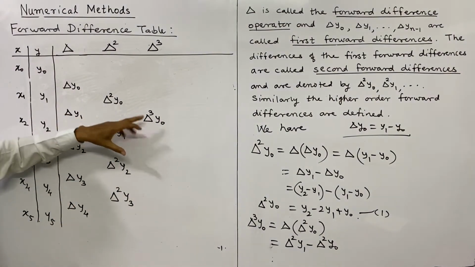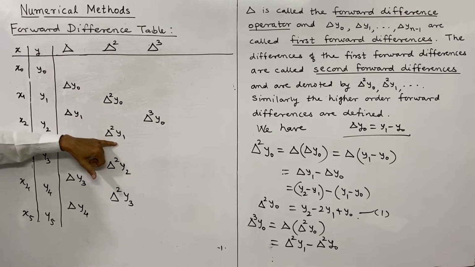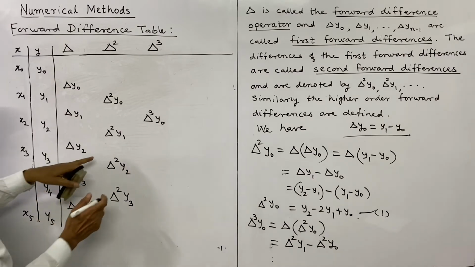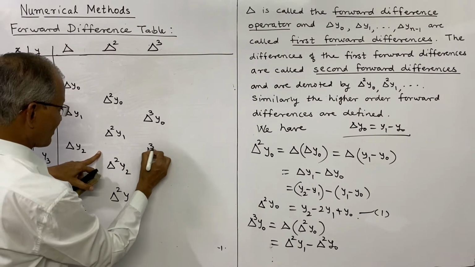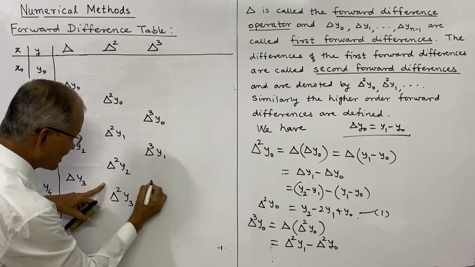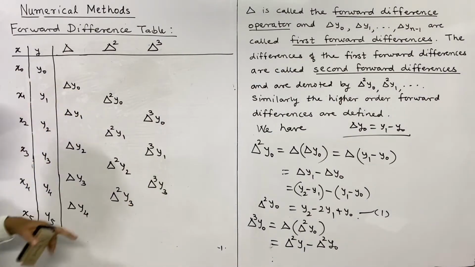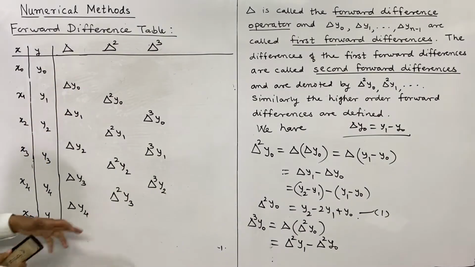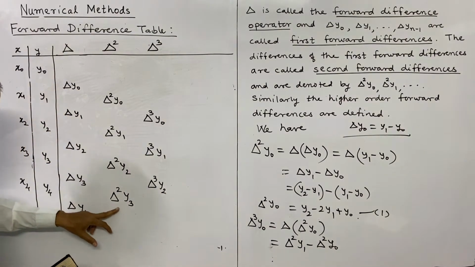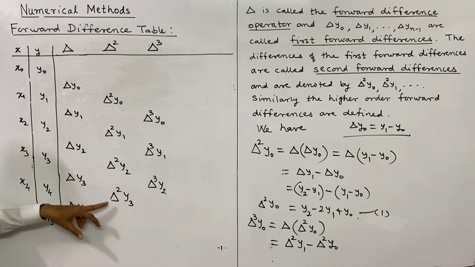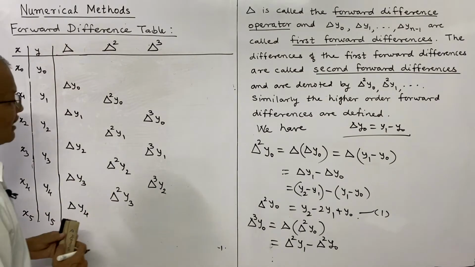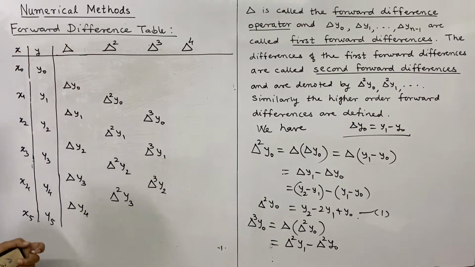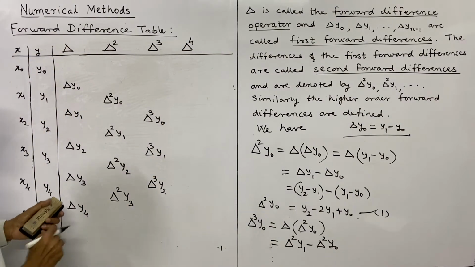Delta is the forward difference, meaning the previous value is subtracted from the next value, y1 minus y0, and this is delta cube at y1, and this will be delta cube at y2, that is delta square y3 minus delta square y2. So these are the values, and the next difference will be the fourth forward difference, delta raised to 4,